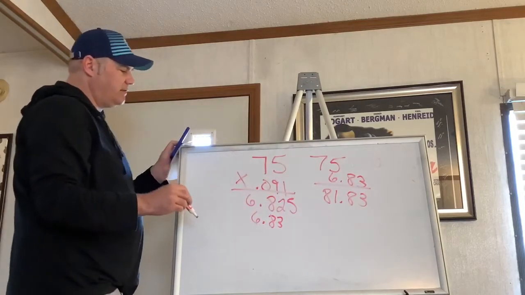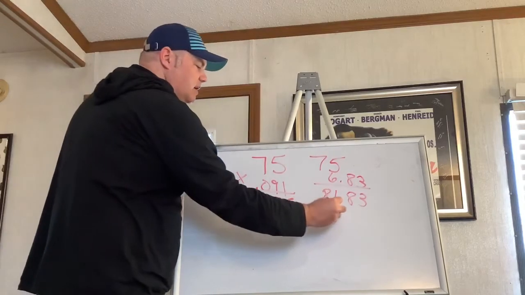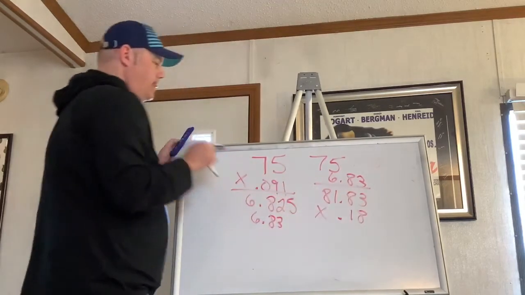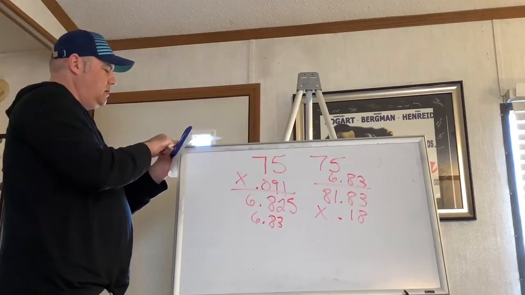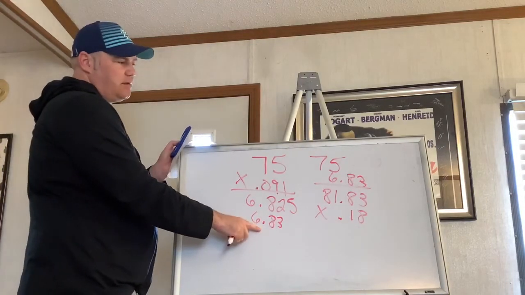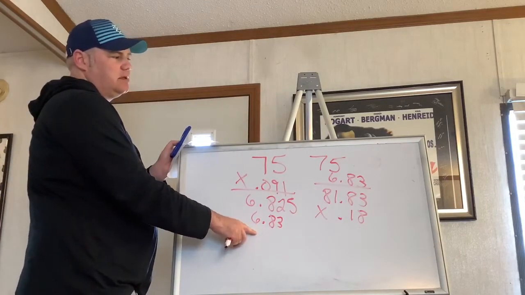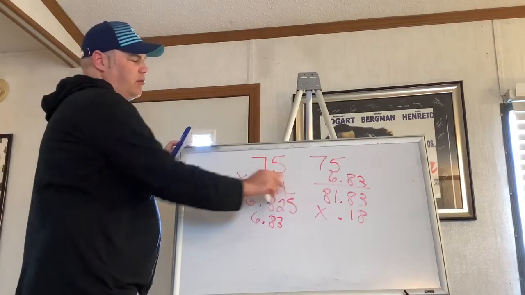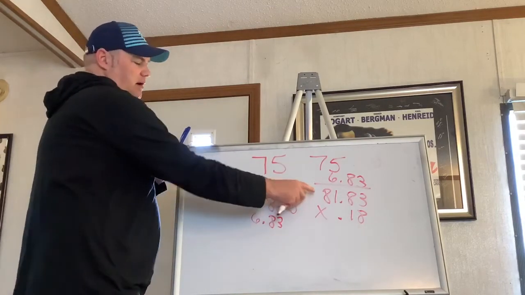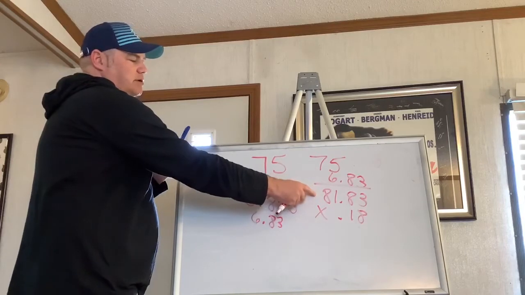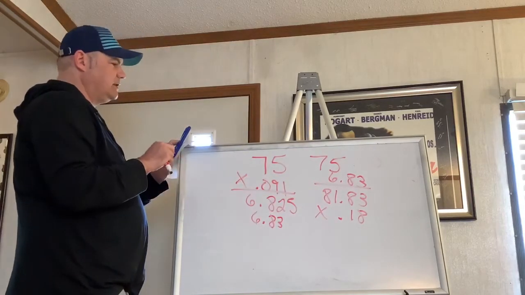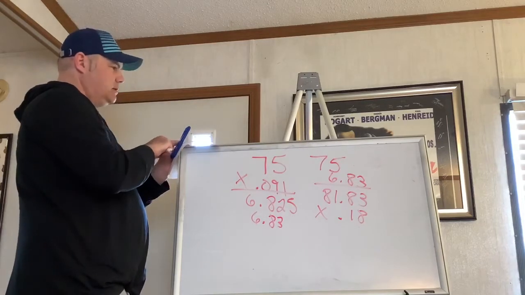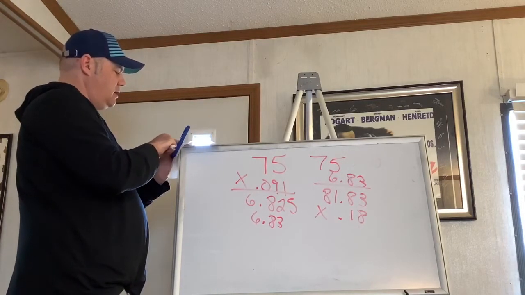Now I need to tip off that. The tip was going to be 18%. So times 0.18. So 81.83. And I had you round here. Remember I told you to round first because we were going to find the bill, like if we walked out without paying a tip, they're going to round up there and they're going to charge you that. That's what you have to pay to leave the restaurant. But now we're going to multiply it times 18%. So 81.83 times 0.18